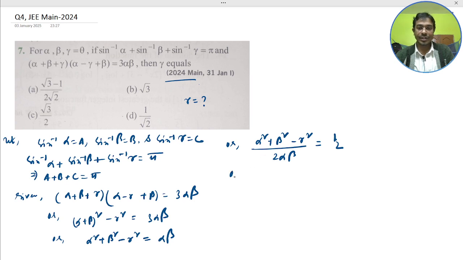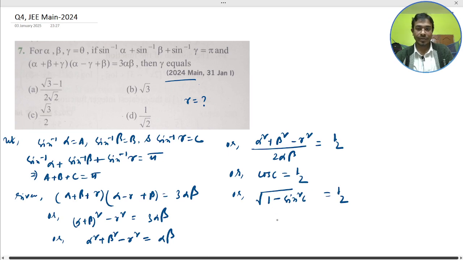This is cos C equal to half, or this would become 1 minus sin square C would be half. So it would become sin square C means gamma, 1 minus gamma square would be half,